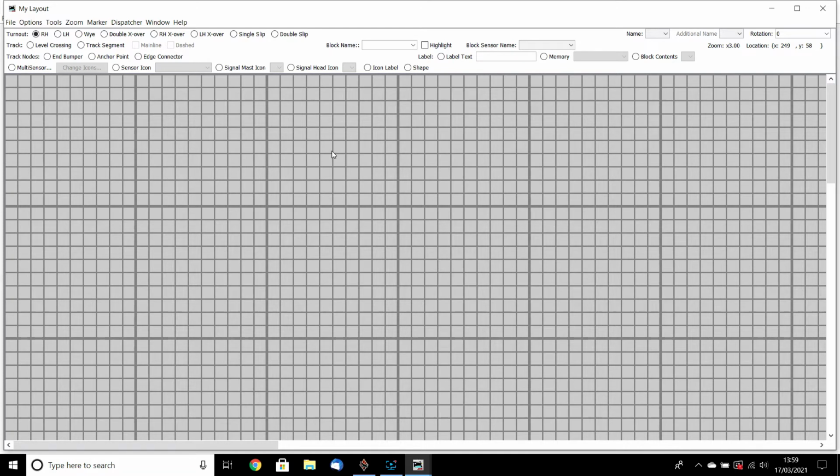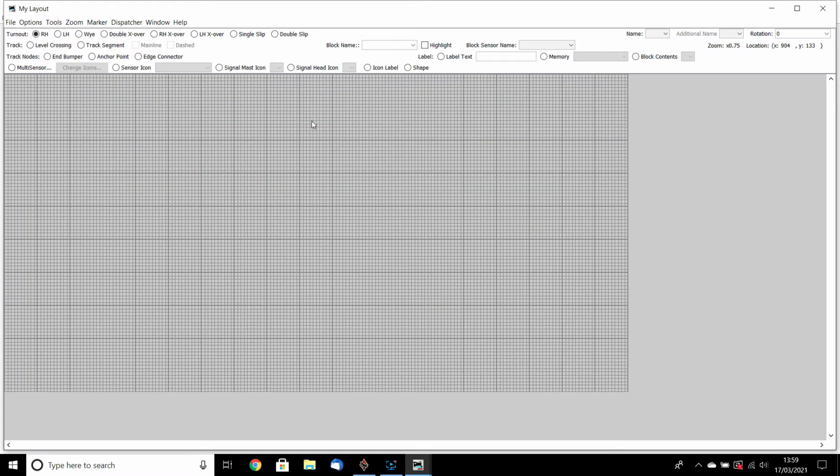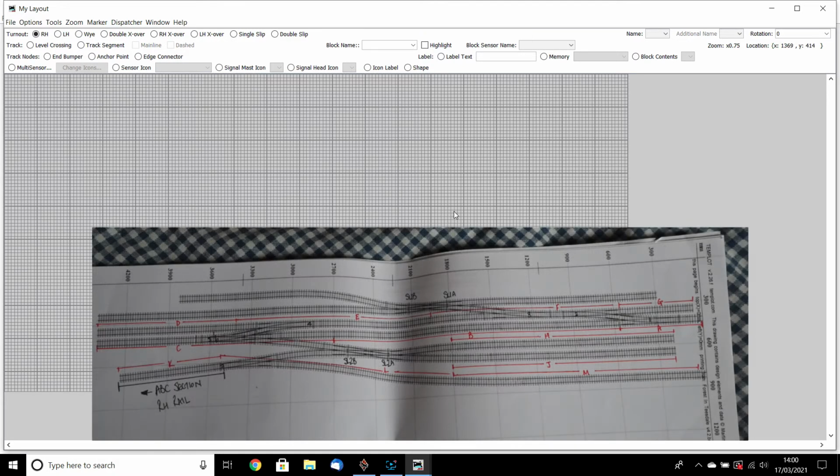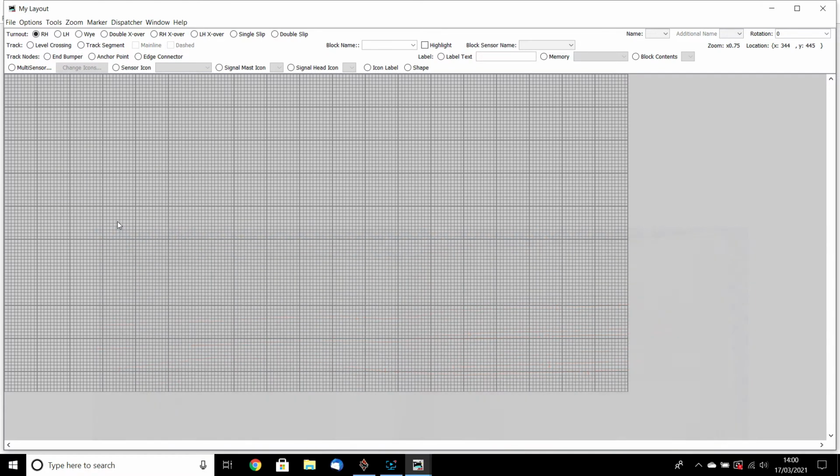Okay, so this is the drawing, and what we will do is we will make it a little bit smaller to start off with, and it is a grid, and there are various tools that you can use here. So what we're going to do is we are going to work from right to left on drawing. So the first thing that we need to do is we need to install the first set of points. So that's 0, 1 and 0, 2, and they are actually a right hand crossover. So you select the right hand crossover, you press shift